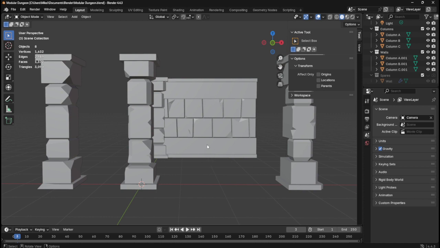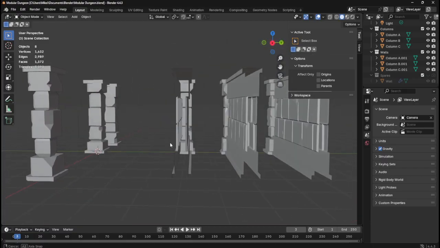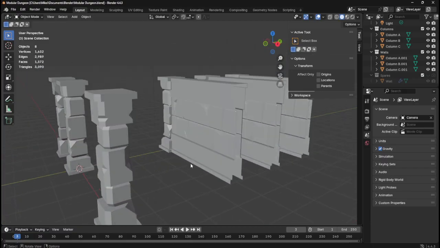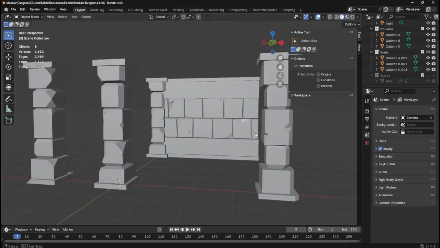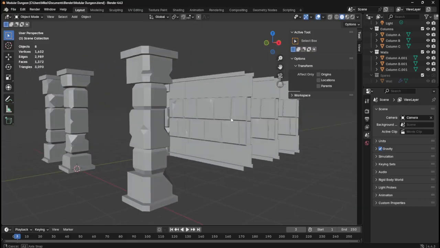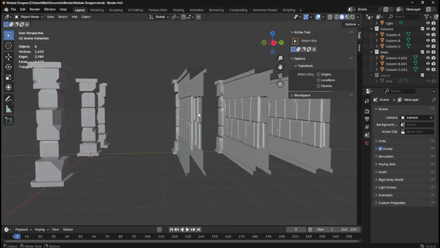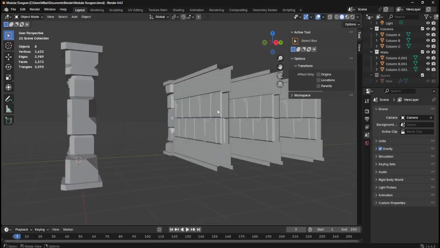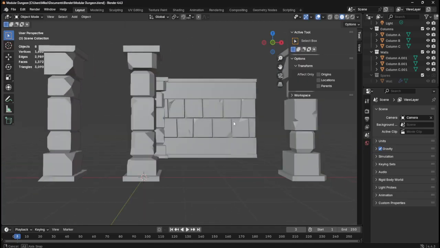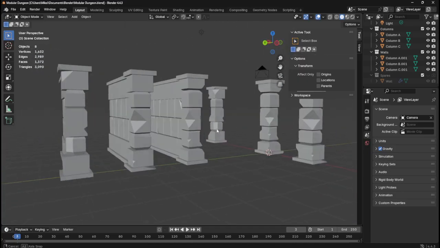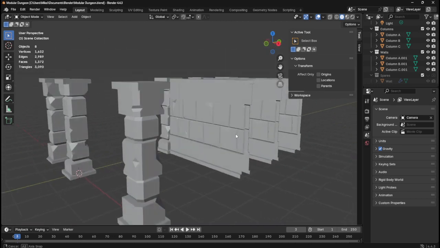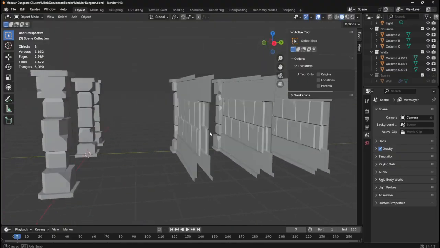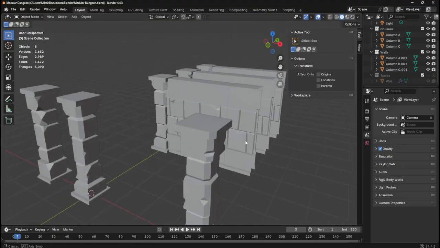I think we did 3 cuts in total, and then we extruded the top and bottom to create this lip, and then we, I think, inset the faces, so we raised them out, and we added the depth to almost emboss the stonework, and then we added the chip damage to them, and then we applied the mirror modifier, which mirrored it on the y-axis. We had to apply the